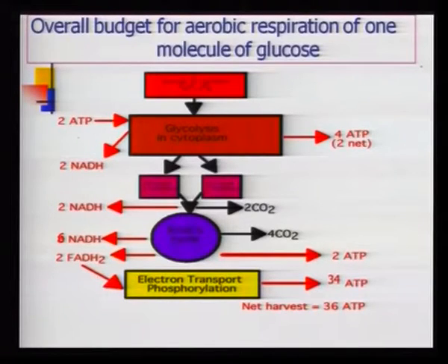and that adds to 38 molecules. But we say it is 36 in eukaryotes for the simple reason that transporting pyruvic acid across the mitochondrial membrane takes some energy, and that energy is used. So, net gain we usually say 36 or 34 ATP molecules. That is how we take the budget of ATPs during the process.